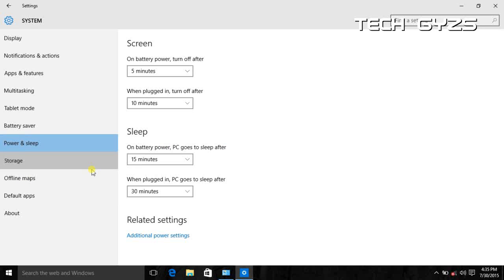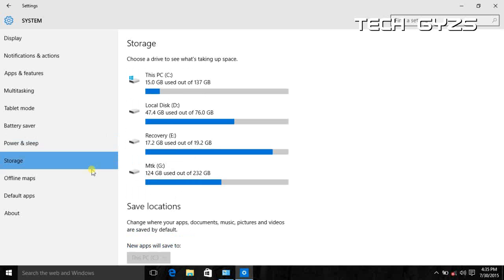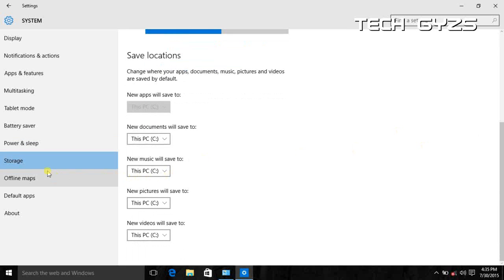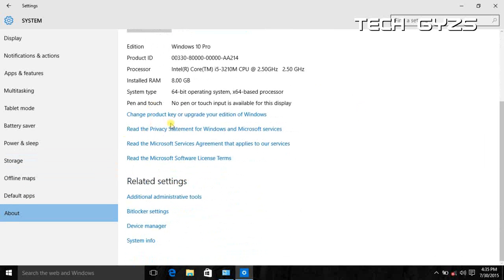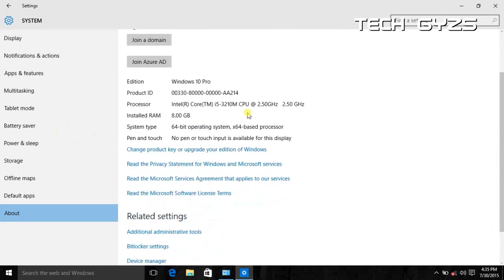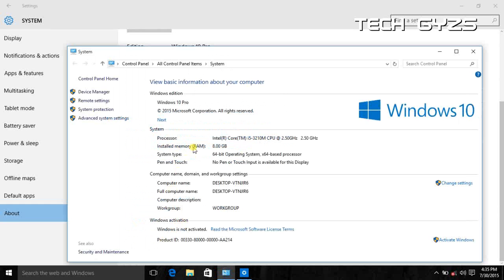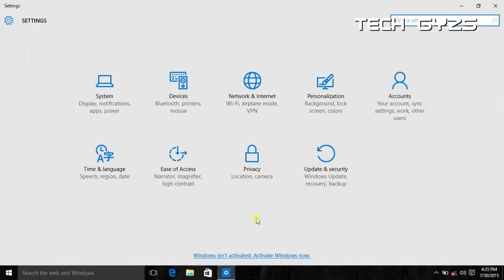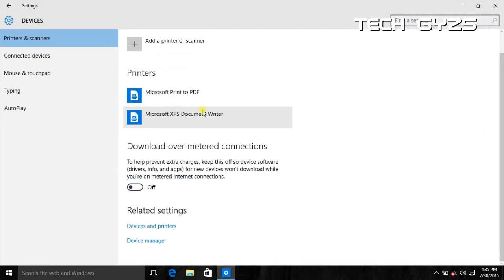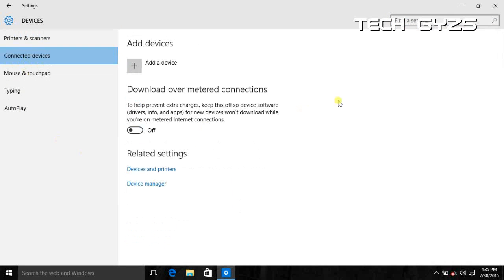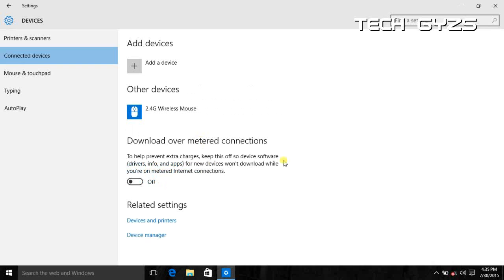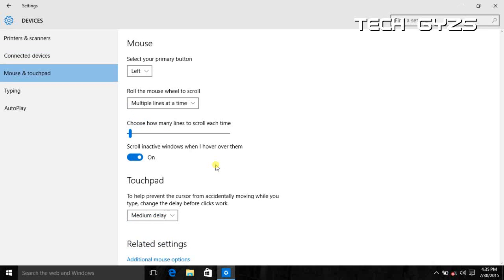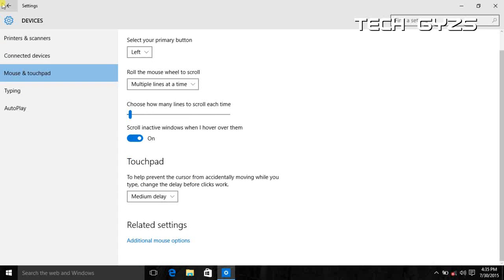I am here in the settings under the system settings. The battery saver option allows you to use the battery in saver mode, which reduces system performance and gives you much better, longer lasting performance as well as longer battery life. On storage, if you click, you can access all the storage directly from here, like your My Computer. Now in the about section, here are all the details of your system. Click on system info and again you will get the properties pop up.